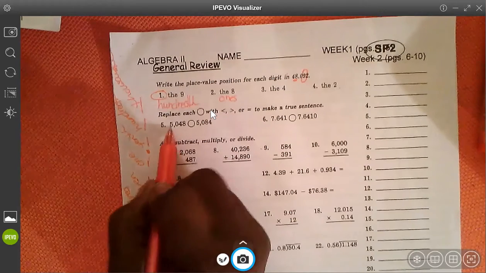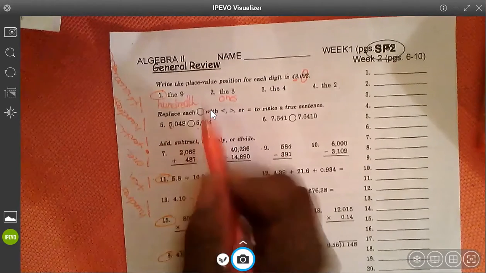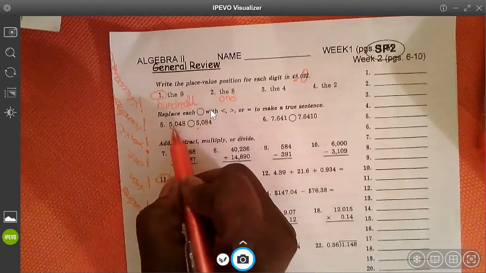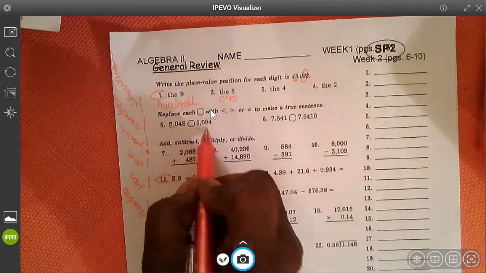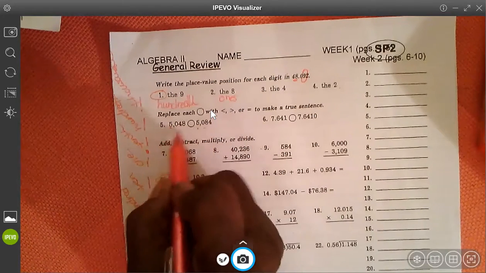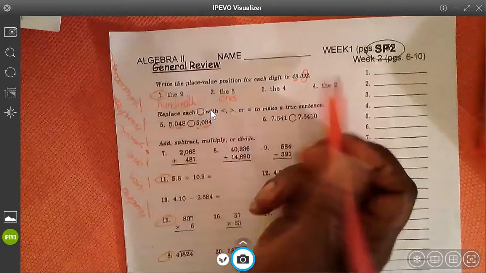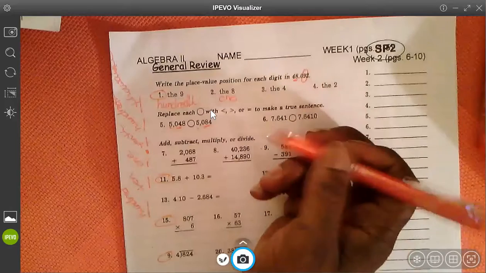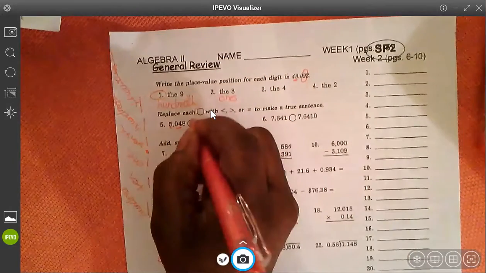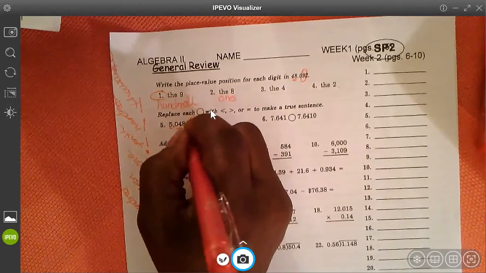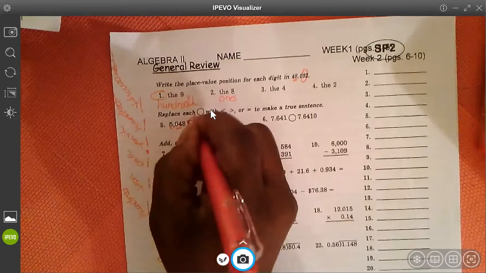They both start with a 5, so we know that's the same. Then the next place over is the hundreds, and it's a 0 in both of those. Then in the tens place, in this one we have 4, and in this one we have 8. So we would put our less than: 5,048 is less than